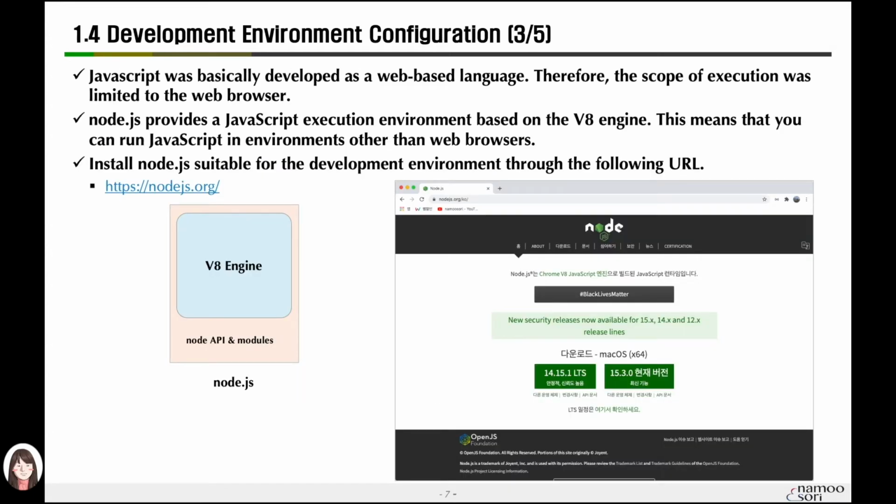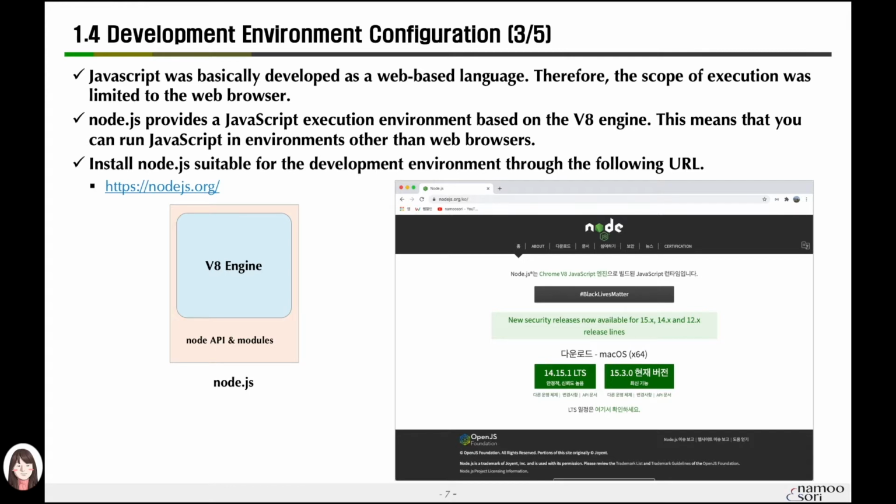Next, you need to install a tool called Node.js, which is a software platform used for network application development. Node.js provides an environment in which JavaScript can be executed based on the V8 engine. In other words, the existing JavaScript was a language that runs inside the web browser.